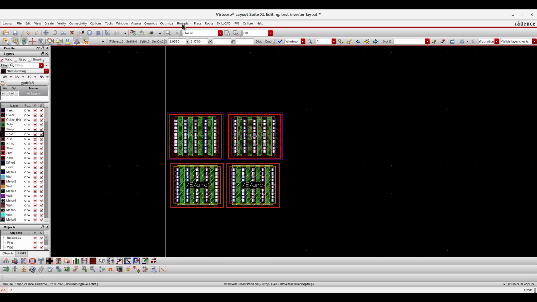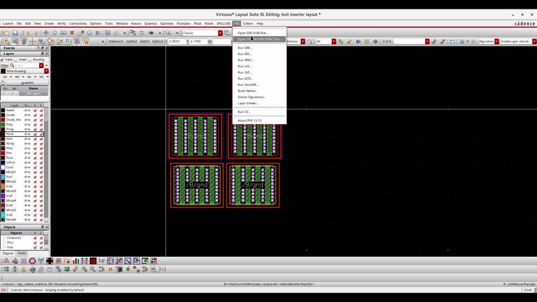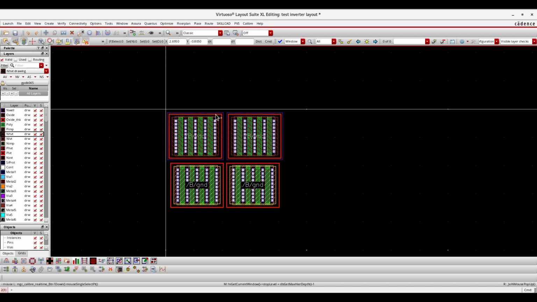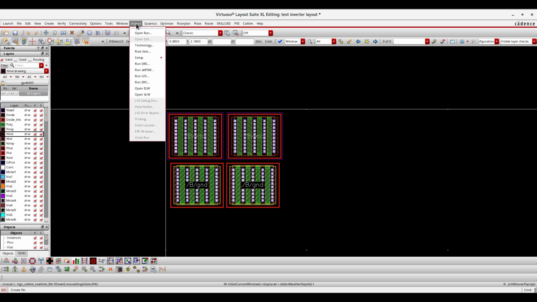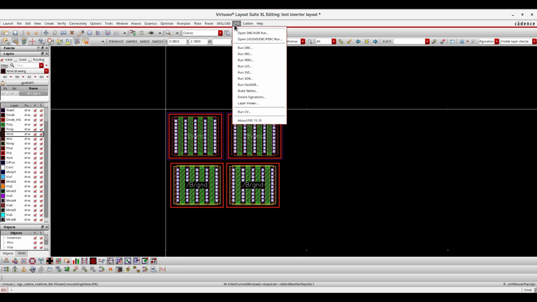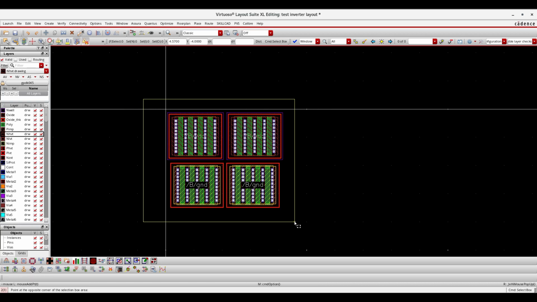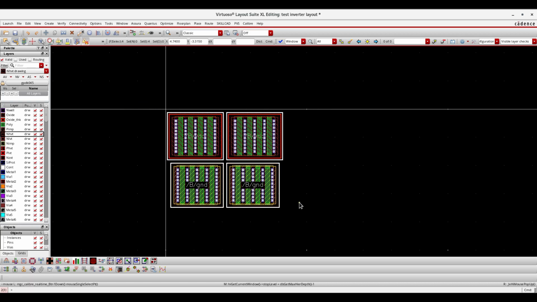Once everything is completed, since we have PVS as well, we can run DRC with the PVS tool. If not, we can go to Assura, open it and run DRC and LVS with the Assura tool also. Everything is there. So once the layout is completed, we'll run LVS as well as DRC using Assura. If not, we can use PVS also. So it depends. Maybe in the consecutive videos I'll explain how to do the routing as well as DRC, LVS, everything in the GPDK.